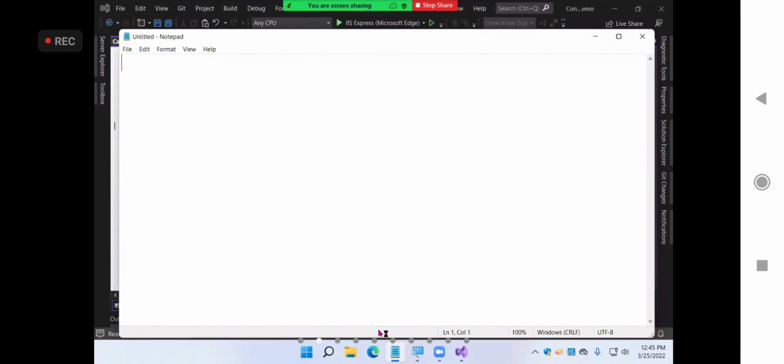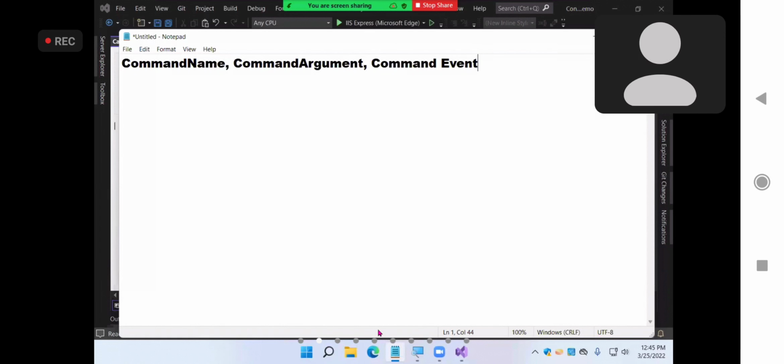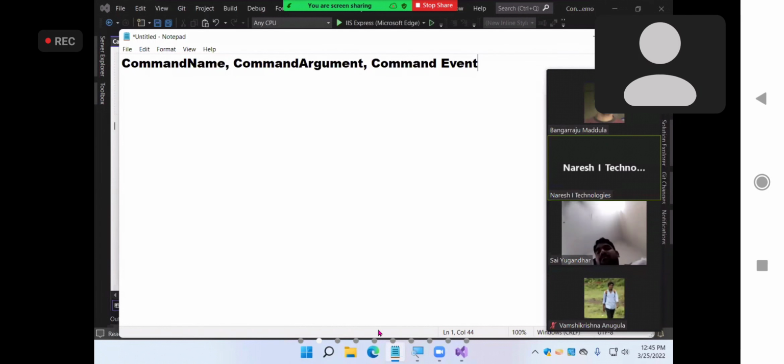What three parameters? Command name, command argument, and the last one is the event here. First one is command name, command argument are properties, and command is event. So we need to learn about two things. One is the properties, command name and command argument, and the second one is